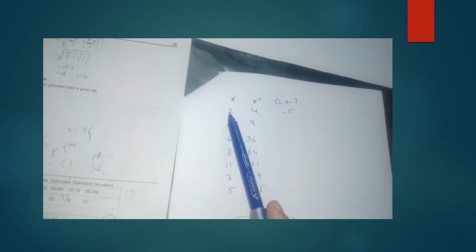So let's calculate the same question with this method. Here is the formula. The first step is summation x square. Simply we take the squares: 2 squared is 4, 3 squared is 9, 6 squared is 36, and the sum of these is